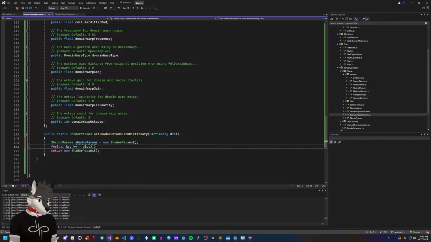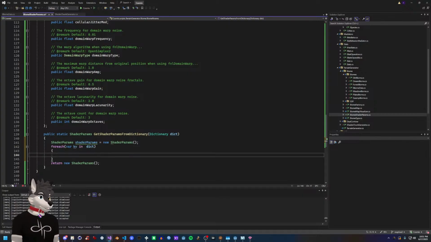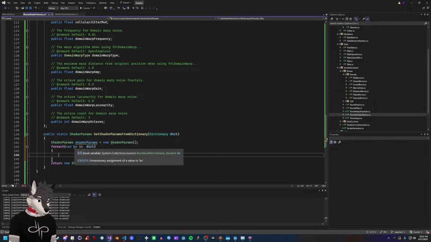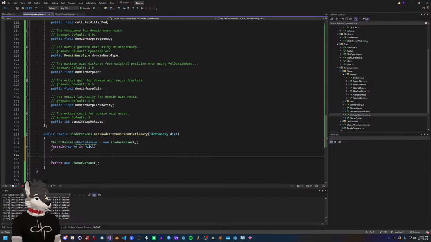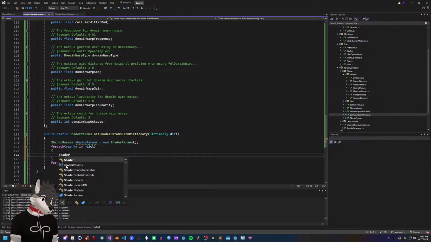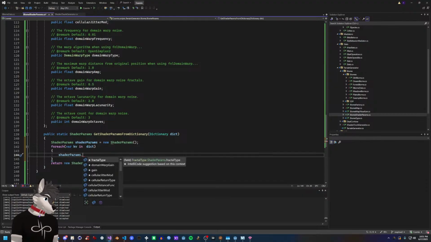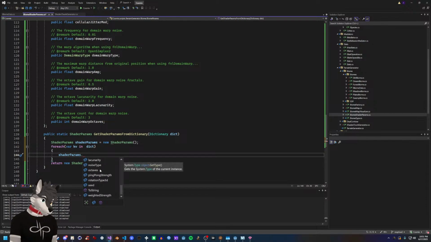Dang it. For each. Oops, that should be for each. There we go. Derp. Okay. So we have KV, which is the key value pair, that's what I'm looking for. Okay, so I need to do shader params dot... hmm,